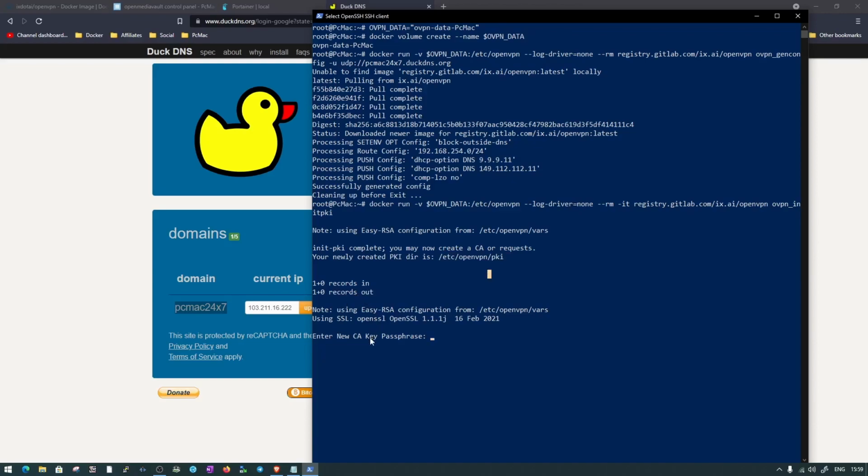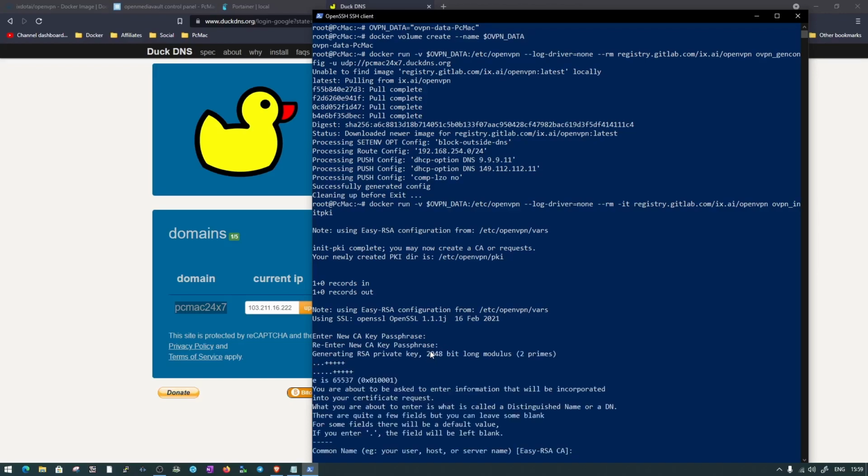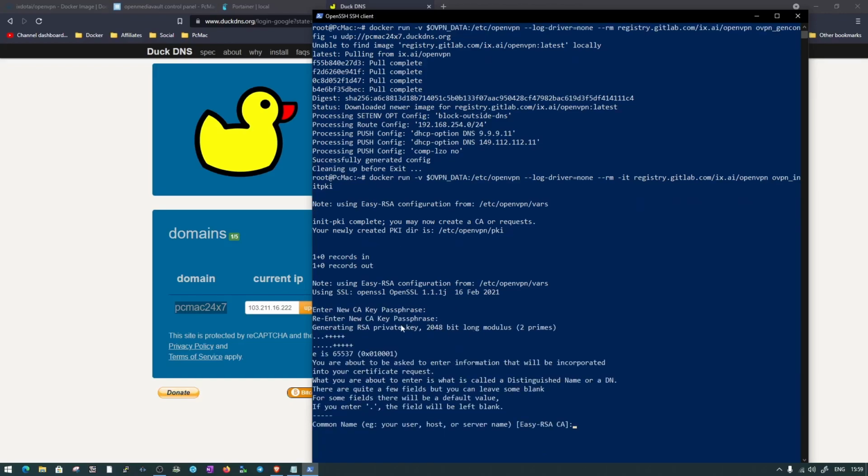Now it needs a password, so we'll use a password here. Now the passphrase is created, and as you can see, generating RSA private key, 2048 bit long. And now you are about to be asked to enter information that will be incorporated into the certificate request.